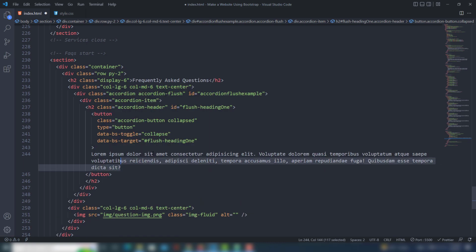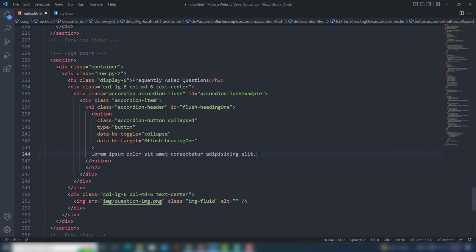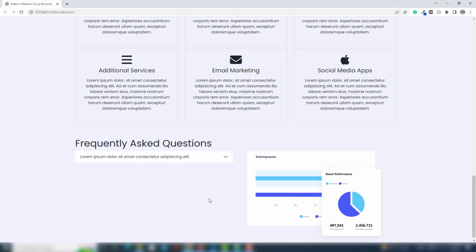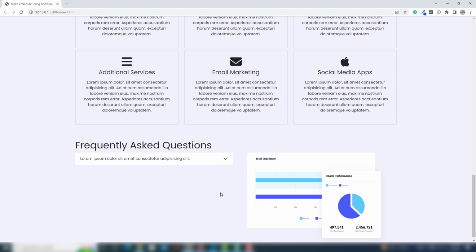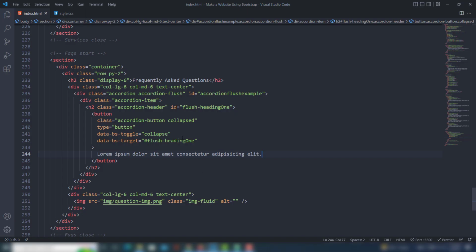So inside the button area, this one area, you need to use the heading. For example, I cut all the text without this one because this is the heading of the accordion. So let's see. As you can see, this is accordion, right? I think something is wrong on there. We need to check where is the problem now, because when I change accordion, first I'm going to check that accordion